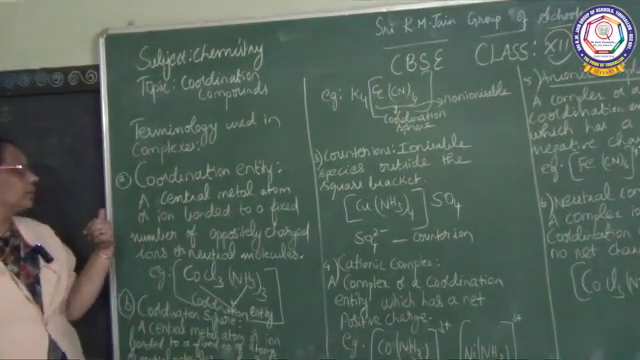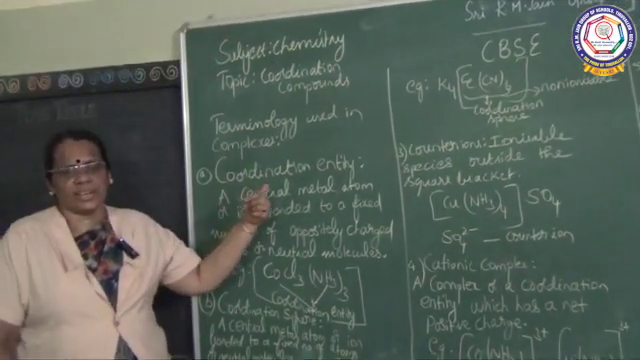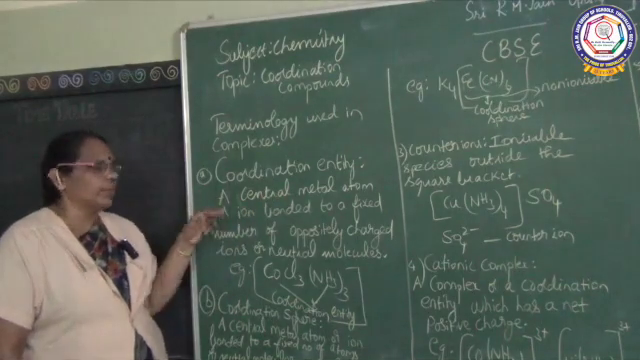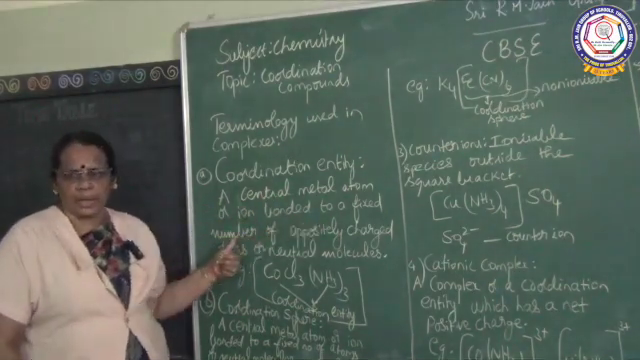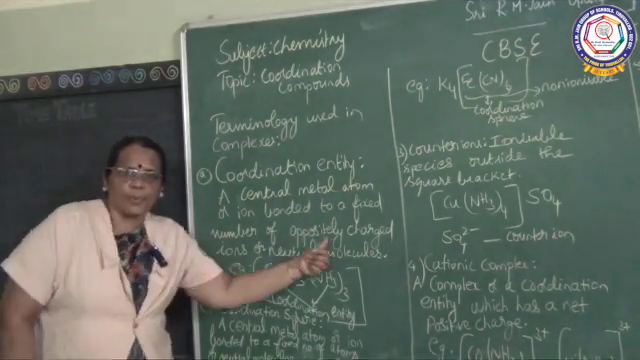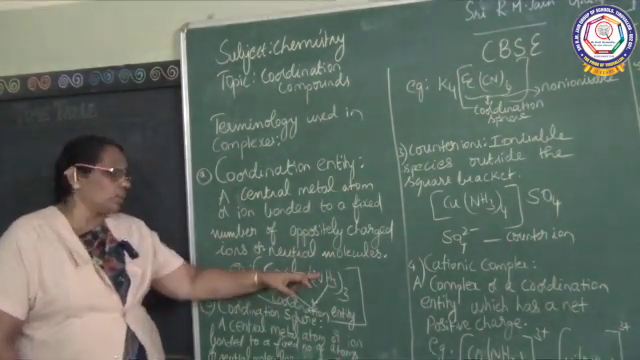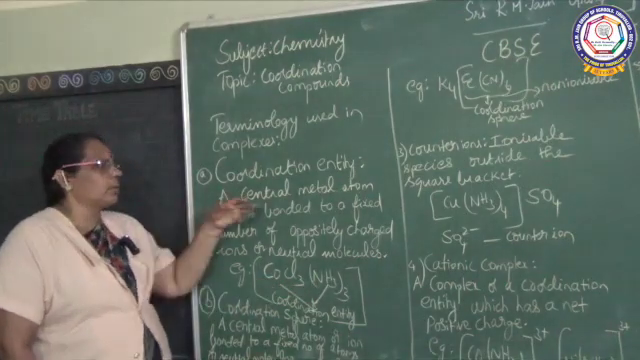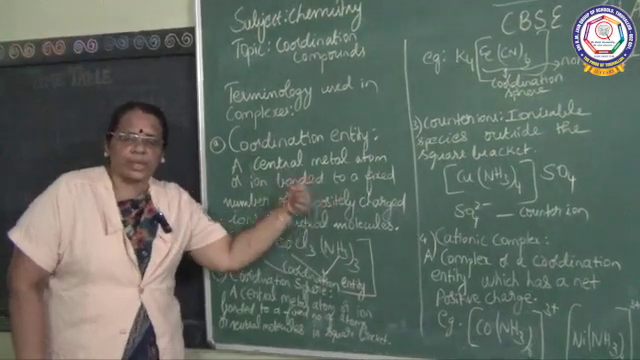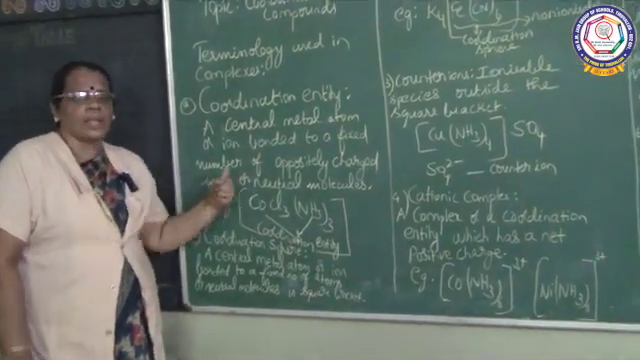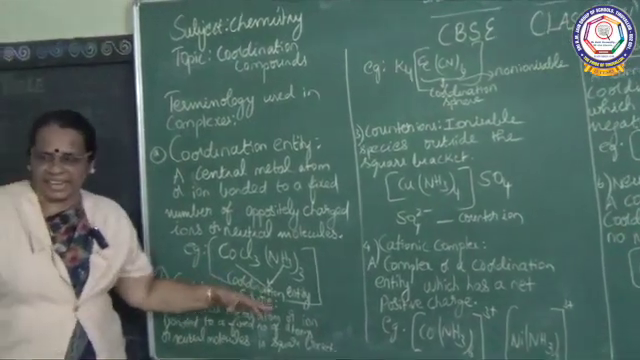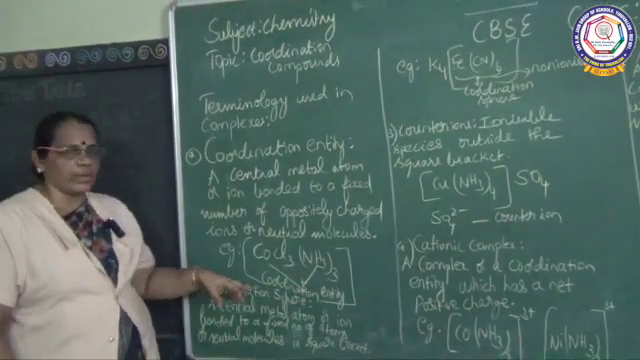To start with, the first one is coordination entity. A central metal atom or ion which is bonded to a fixed number of oppositely charged ions or neutral molecules is known as a coordination entity. A central metal ion bonded to a fixed number of ions or neutral molecules, we can call it a coordination entity. For example, I have given the complex